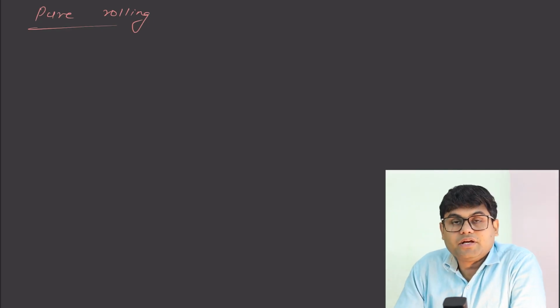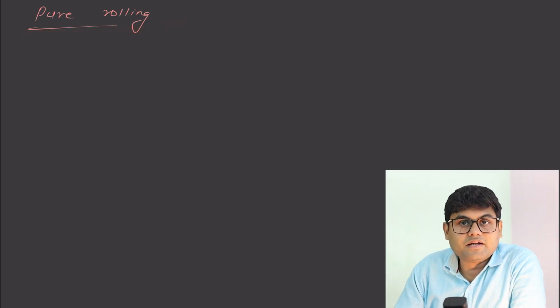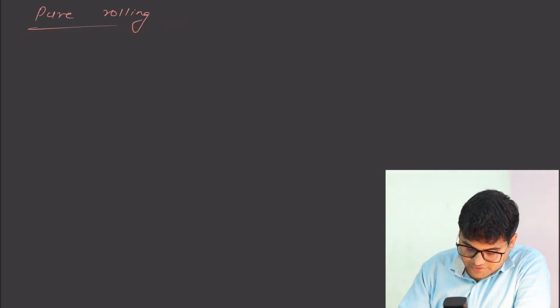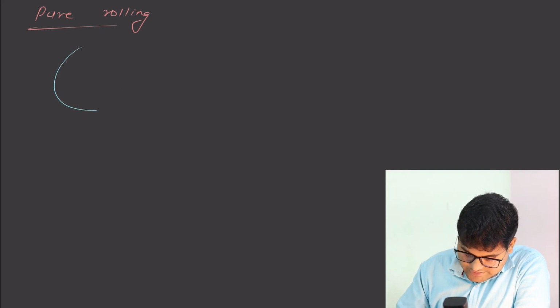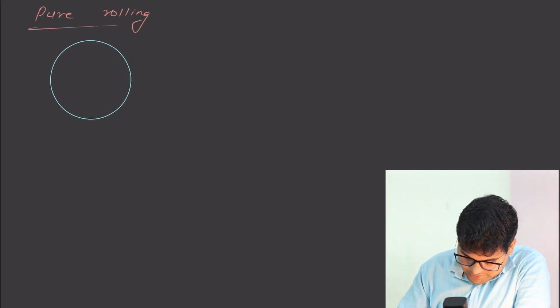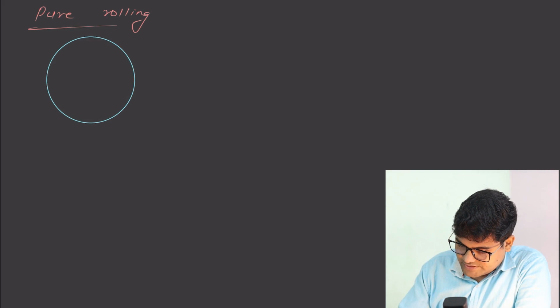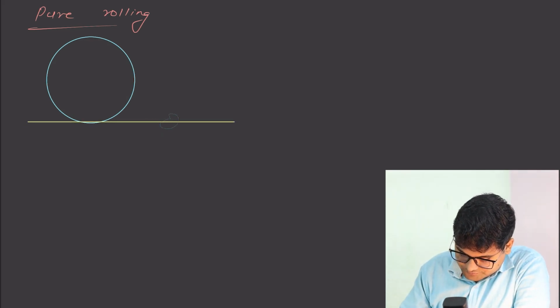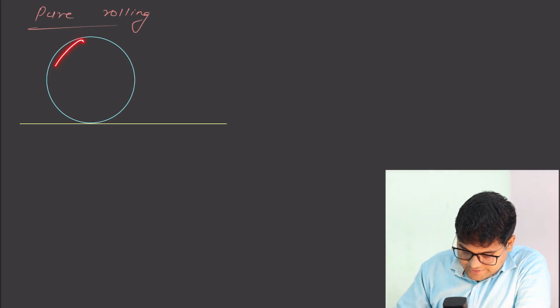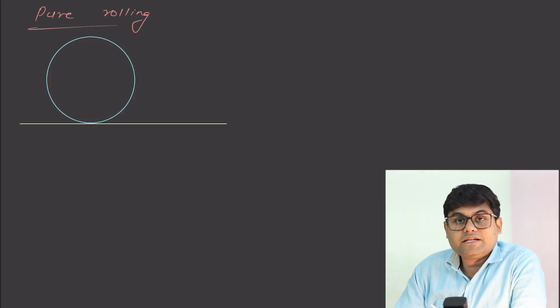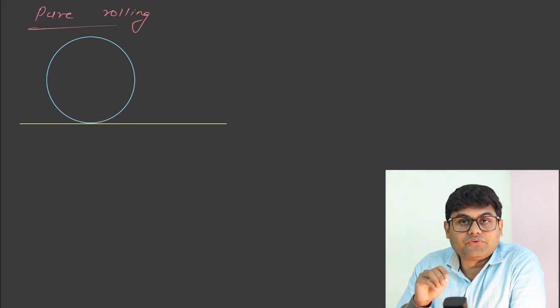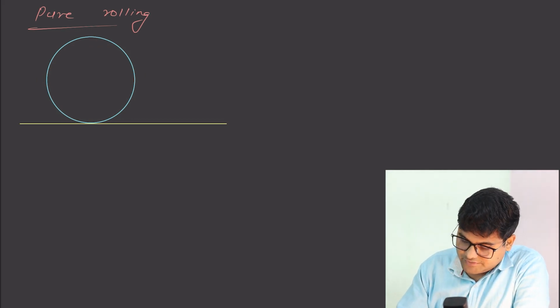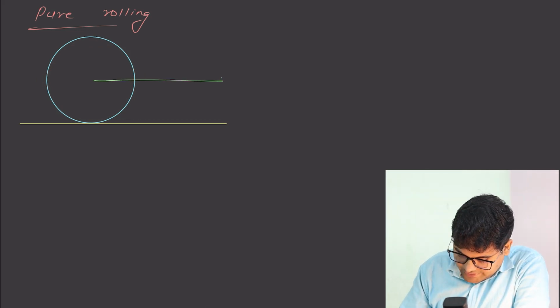In this lecture, we are going to study pure rolling motion in the chapter on system of particles and rotation. Okay. So let us take a round shape object. Let's say this is a round shape object, and let's say this is a surface. And let's say this round shape object is in combined motion, meaning that it is translating and